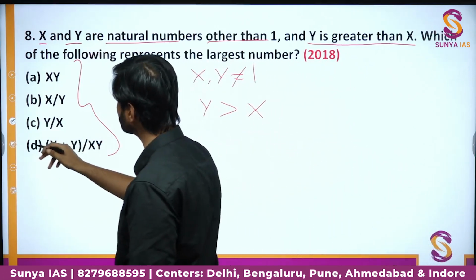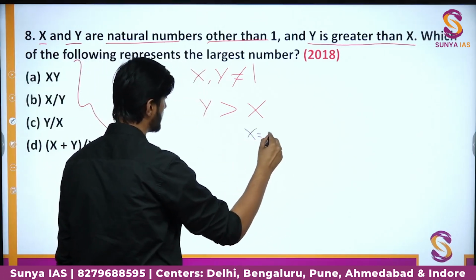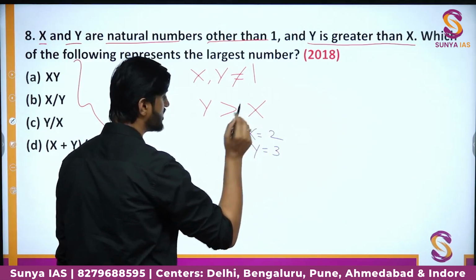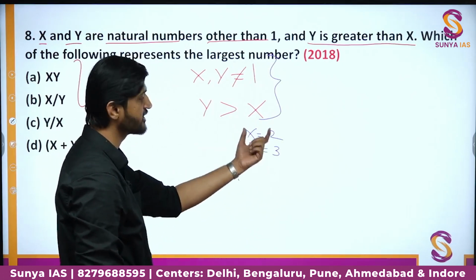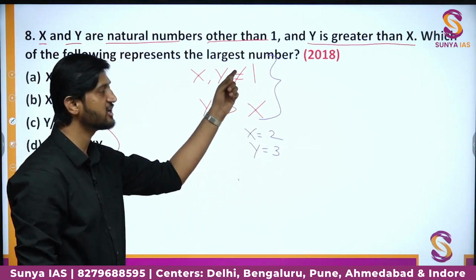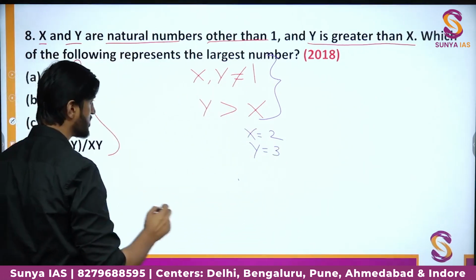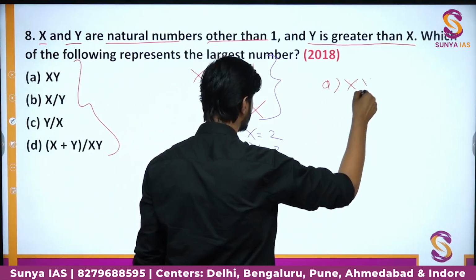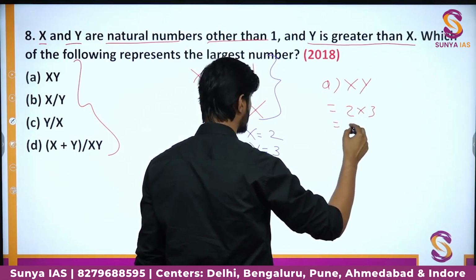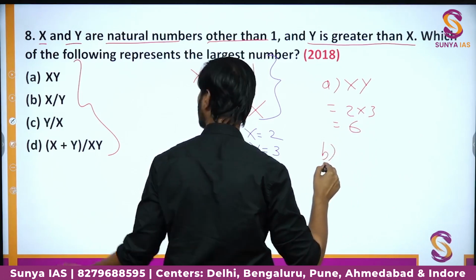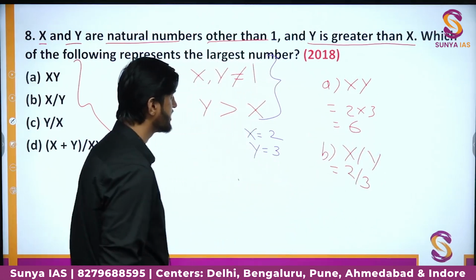So, here we do not have to actually multiply some imaginary things x and y. We can just assume any value. Let us take the value of x to be equal to 2 and the value of y equal to 3. So, both of the conditions are satisfied. Both of them are not equal to 1, and here also y is greater than x. So, we are choosing two numbers which are satisfying the above condition. Now, we can try these numbers in the various options. First option A is xy, which means we just multiply x and y, 2 into 3, we get 6. When we do the B option, x by y, we get 2 by 3, it is a fraction, clearly it is smaller.